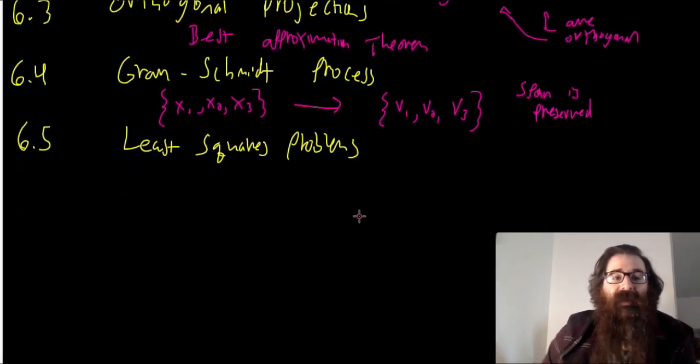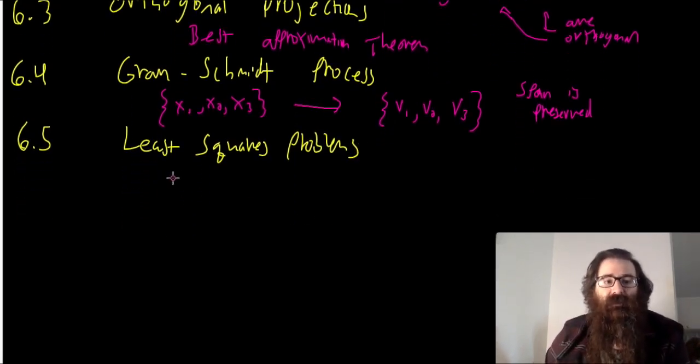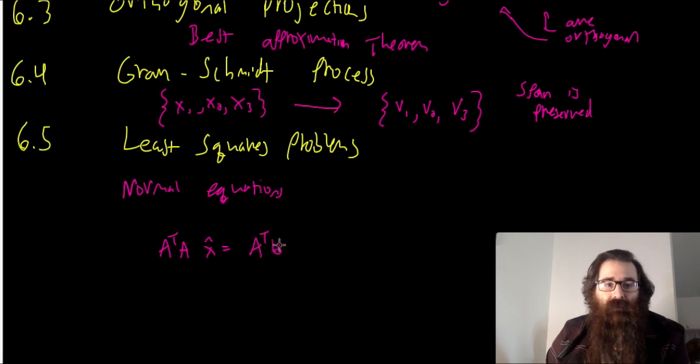And then my favorite, the last section that we looked at in chapter 6, least squares problems. And remember, we had the normal equations that we were working with. We had A transpose A times X hat is equal to A transpose B. And we solved this as an augmented system, right? So A transpose A was our coefficient matrix. We then would solve for X hat by augmenting this with the column vector given by A transpose B and